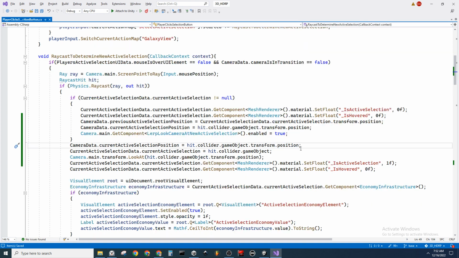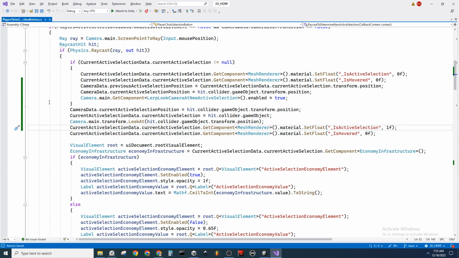If there's not an active selection, the new selection becomes the camera's current active selection position, the collider gets set, and then the camera just looks right at it. And I think there might be one step I could do better here, so we'll have to see how it